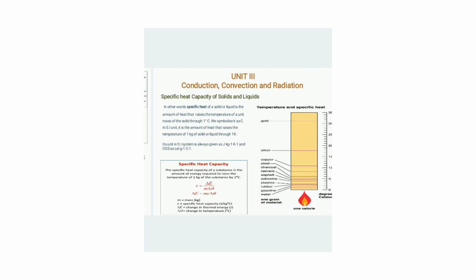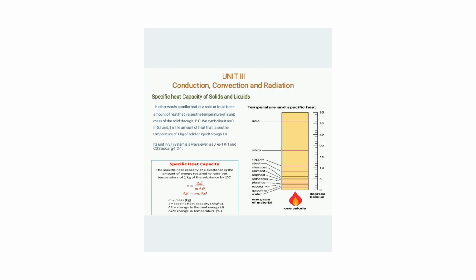So the specific heat capacity of a solid and liquid. The definition: the specific heat capacity of a solid or liquid is the amount of heat that raises the temperature of a unit mass of the solid through 1 degree Celsius. The symbol is C. The SI unit is the amount of heat that raises the temperature of 1 kg of solid or